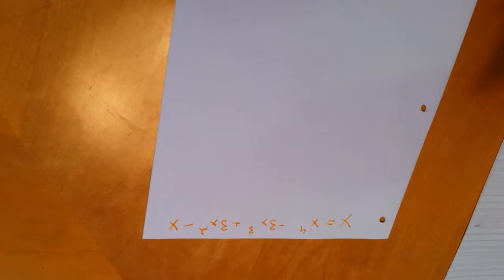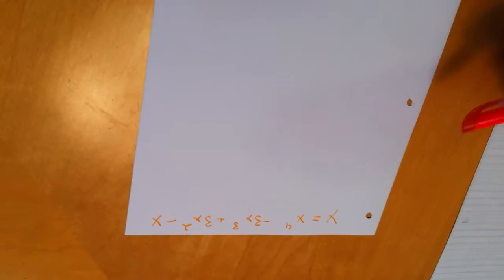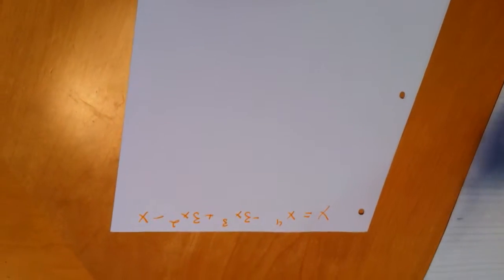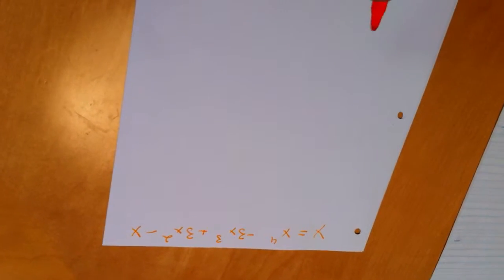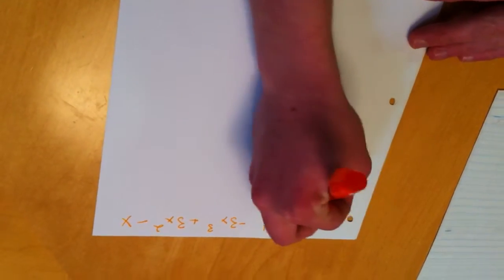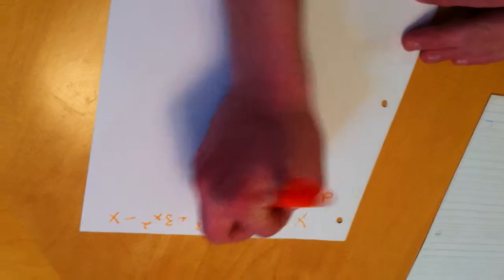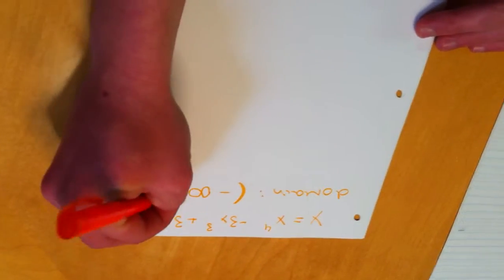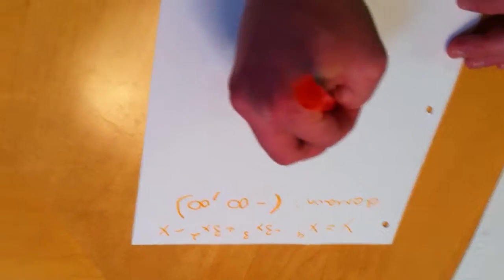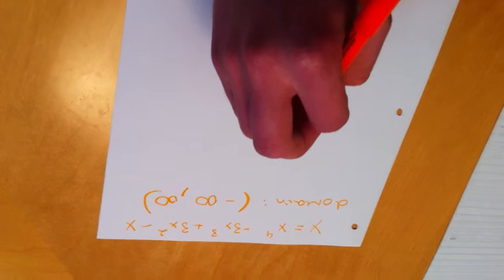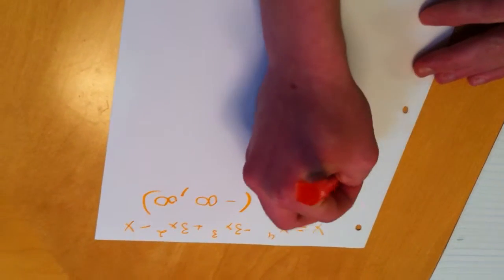Problem: y equals x to the fourth minus 3x to the third plus 3x squared minus x. We are asked to sketch the curve using the guidelines from section 4.5. Since it's a polynomial, the domain is all real numbers, negative infinity to positive infinity. Then we have to find the y-intercept and the x-intercept. We'll start with the x-intercept first,